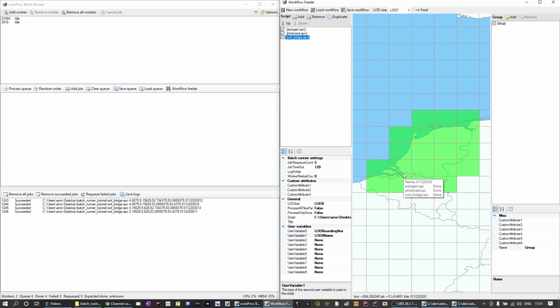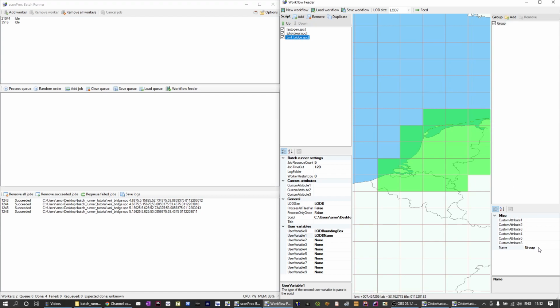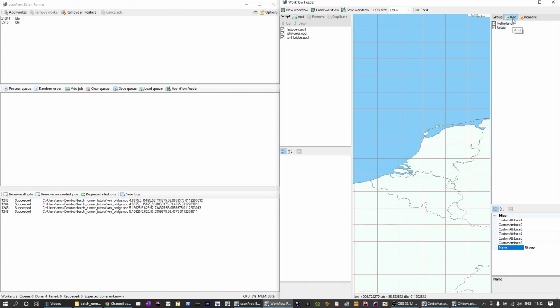And to make it even more powerful, what I can also do, so we had Netherlands, I can have different groups as well. So I can make a second group that maybe says, hey, I have Belgium as well, where I can select all the tiles that are part of the country of Belgium. And now I can suddenly run the same set of scripts